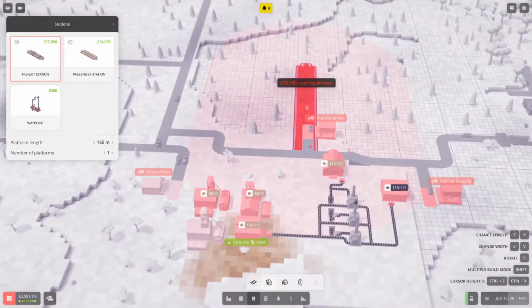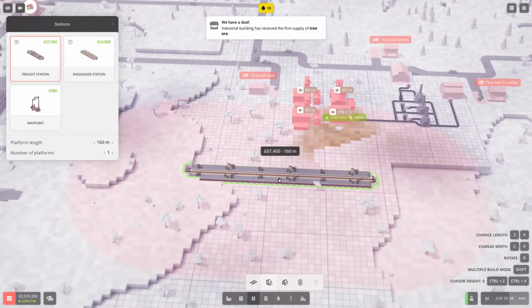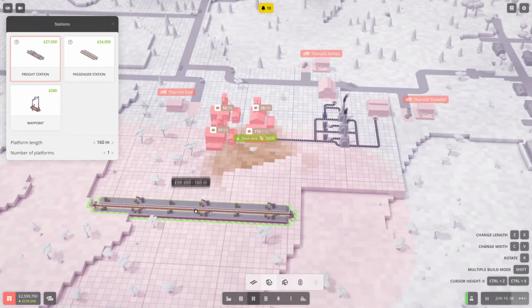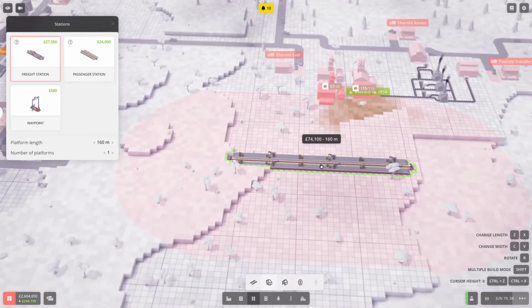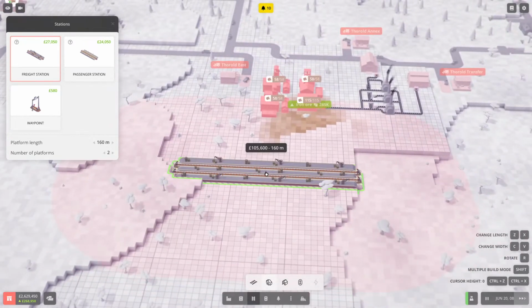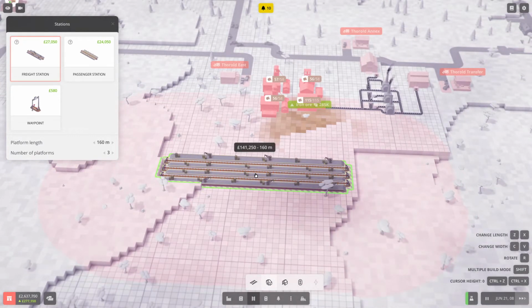I was hoping to put it here, but we'd have to come here, is it? So say for argument's sake, we can get it there, but that means I'd have to split up that way. We're going to need multiple, I think 2 platforms or 3 platforms. I think I'm going to put 3 platforms in here, and